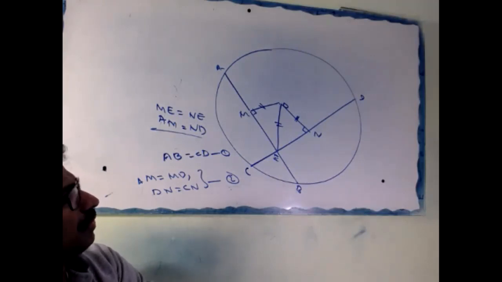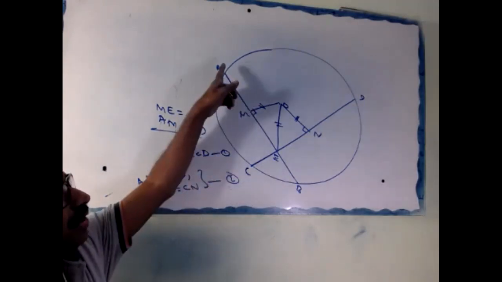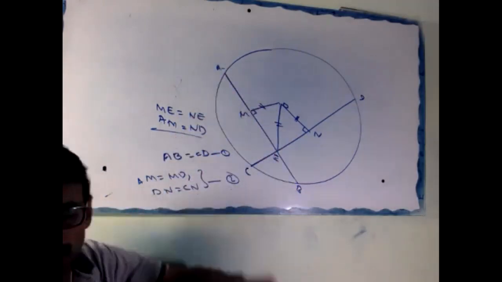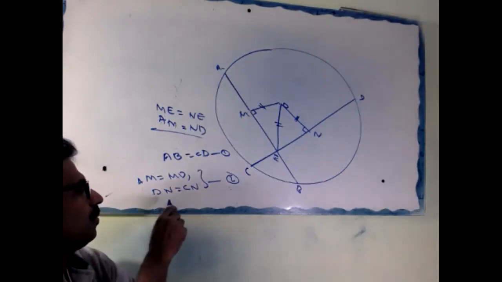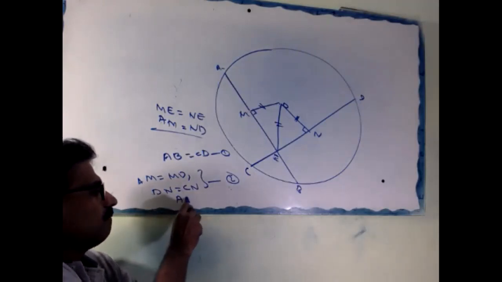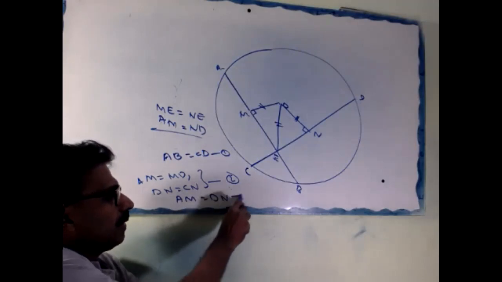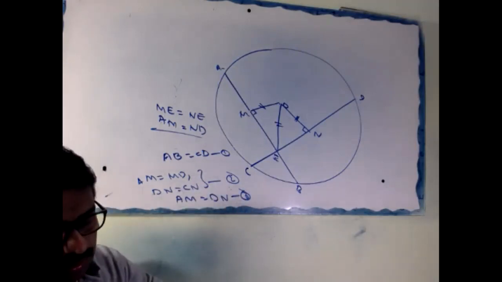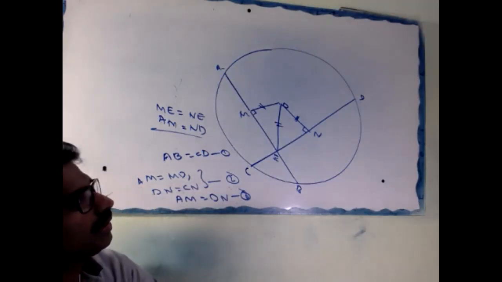From 1 and 2 we get AM equal to DN, number 3. Okay. After that, look, in triangle